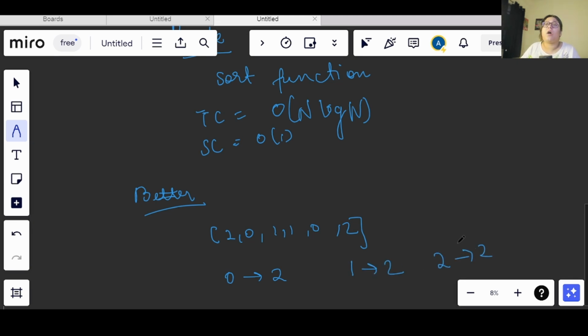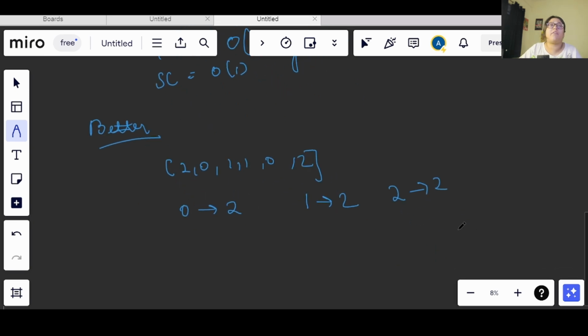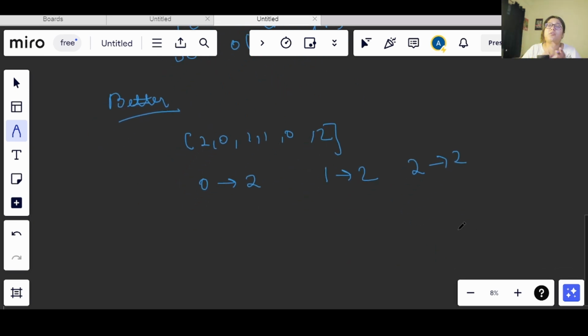So now how can we rearrange our array? We don't even have to rearrange the array in such cases, because the elements that we will be seeing are only 3 elements, 0, 1 and 2, right? So according to that, we can start inserting the elements in this array, right? Now let's say I have only 2 zeros.